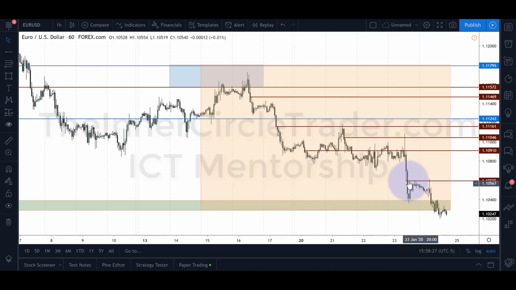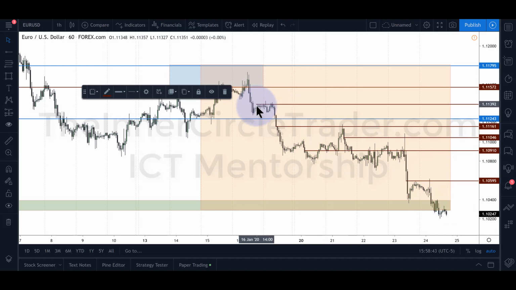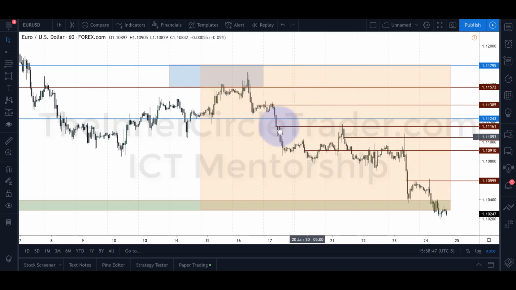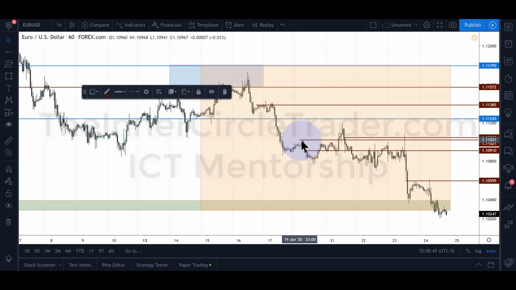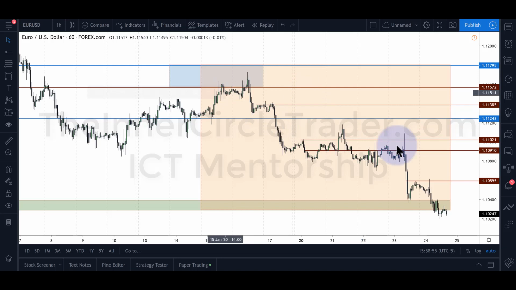Same thing here. Fair value gap, runs to it here, last bit of the fair value gap, and then sells off and really fills in the imbalance. It's done on Friday. It's completely fulfilled its role. If we now look at the context of running out buy-side liquidity, you're going to be looking at equal highs or old short-term highs. And when the market does that and trades into a kill zone, you have a setup.